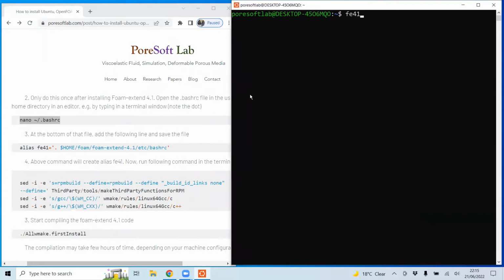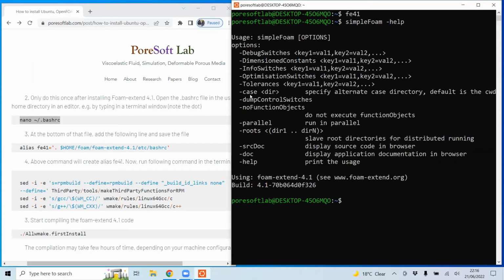Whenever you want to use foam extend 4.1, you need to give the command FE41, and then it will activate the foam extend 4.1 environment. Now if I simply write simpleFoam -help, it gives me these results, and it means that foam extend is installed.